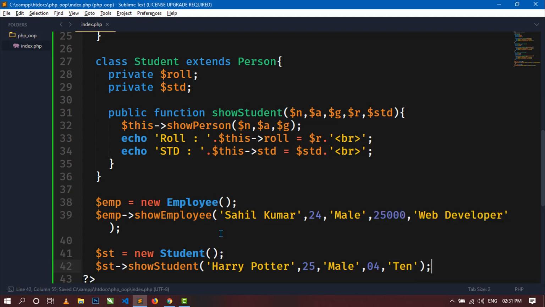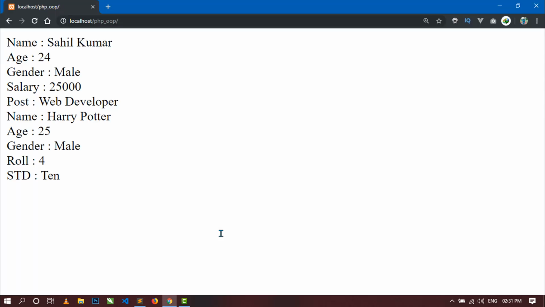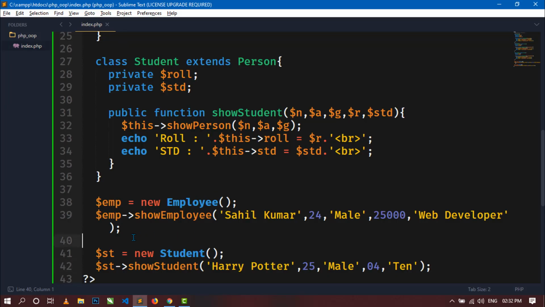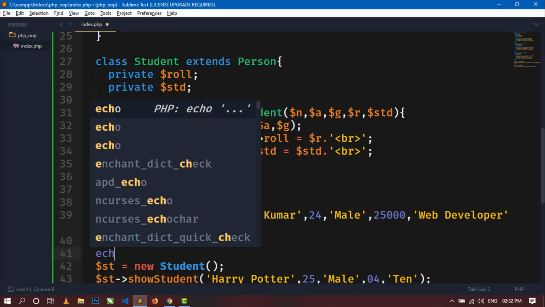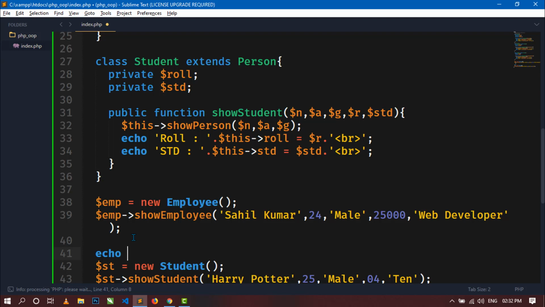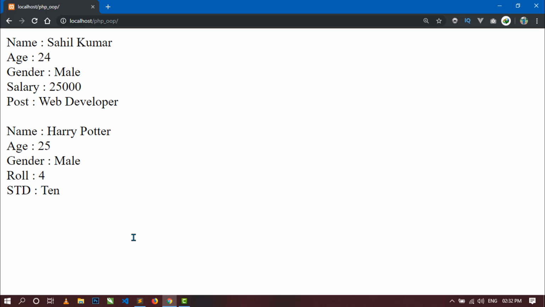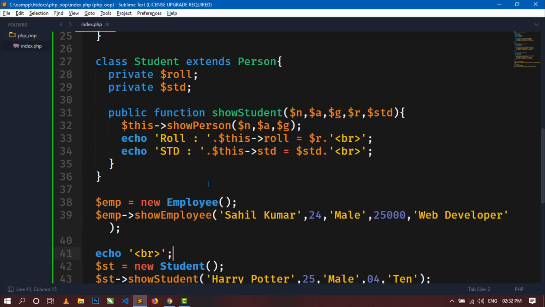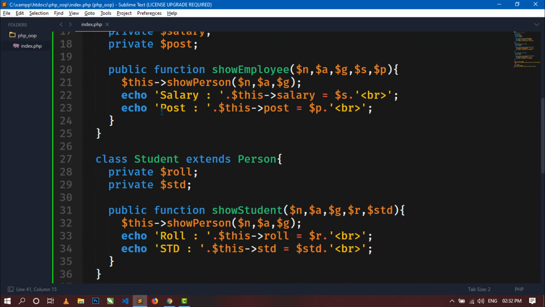Okay, now if we just save this and go to the browser and refresh, then here this is the student label information showing here. Okay, you can just write here echo and use br tag for line break. So this is student level information and this is employee level information showing,